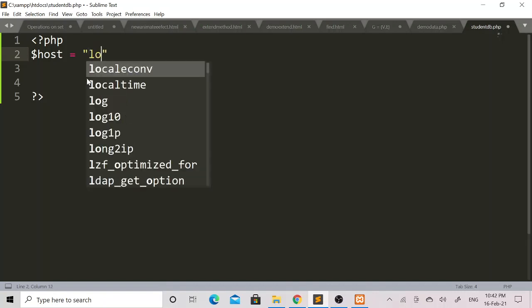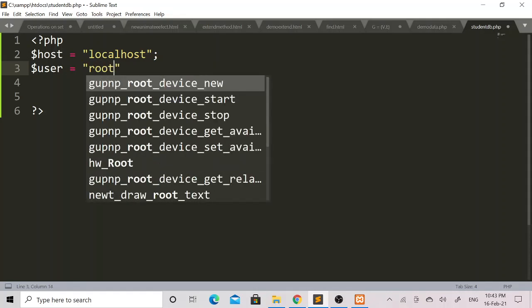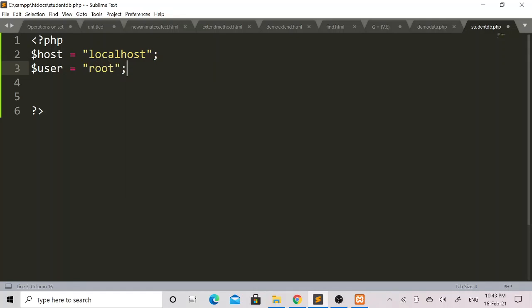So within double quotes I will mention localhost. In this way the localhost value has been assigned to this $host variable. Then I will set the $user variable, and to this $user variable I will add the root value because I have set root as the username of the MySQL database.